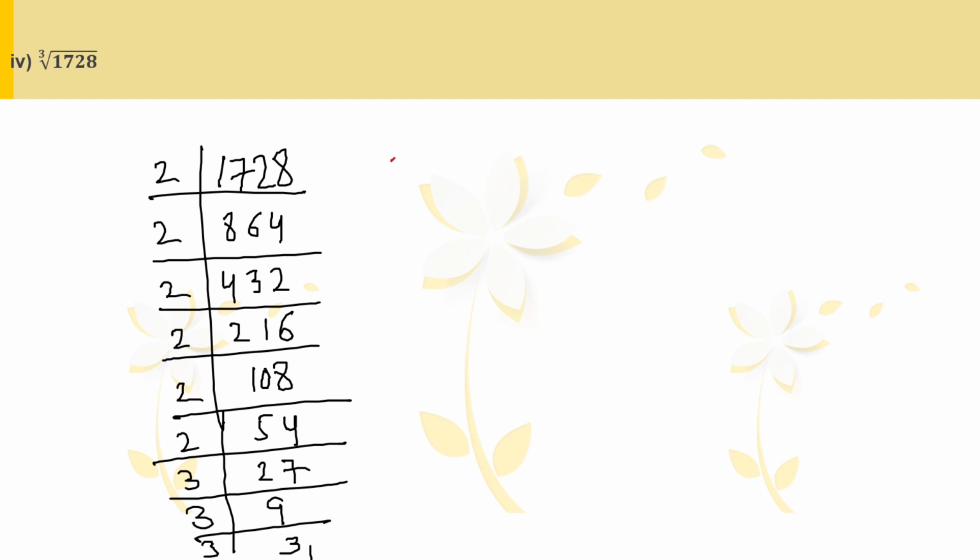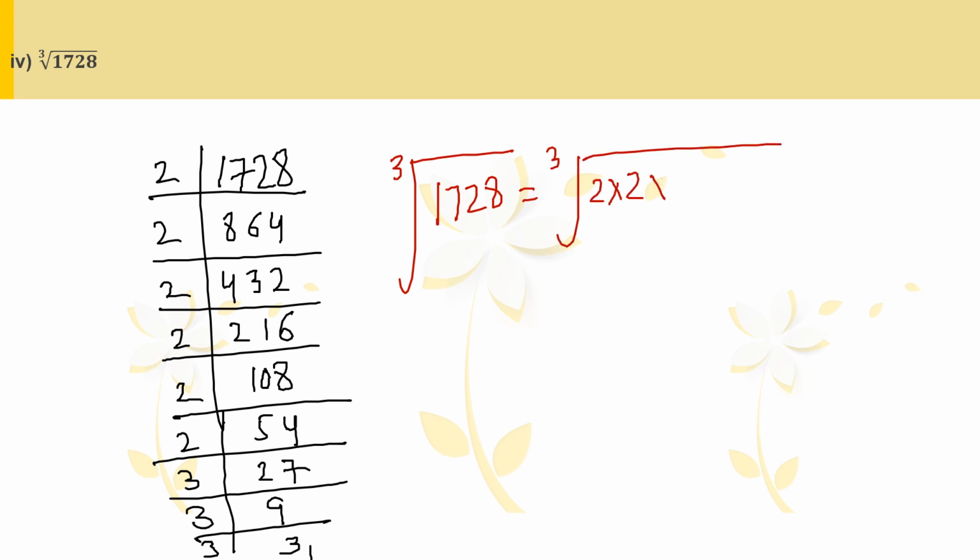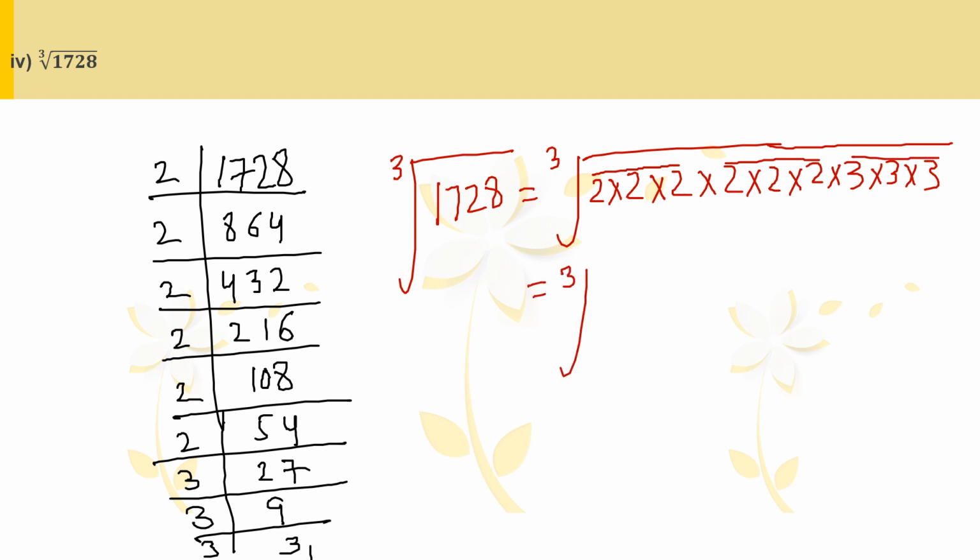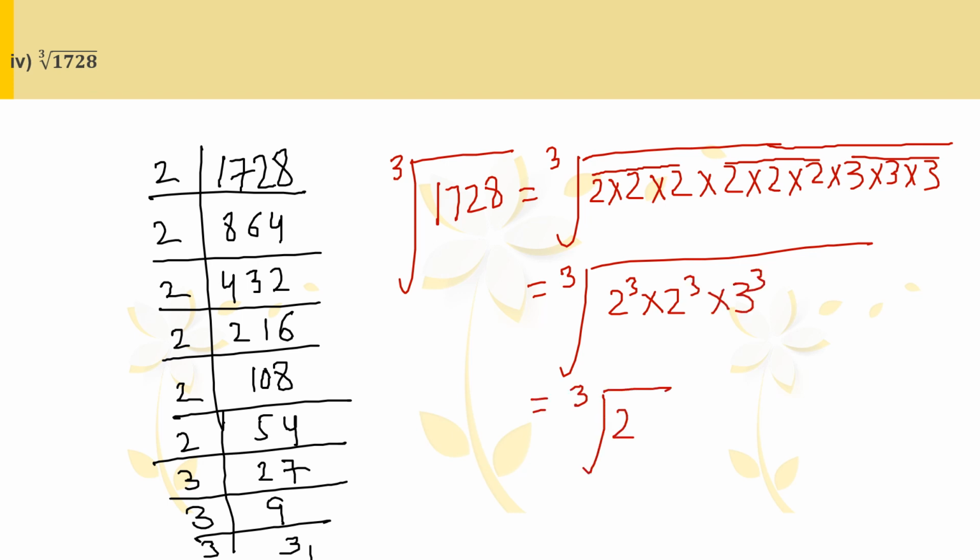And then you can write it as cube root of 1728 is equal to cube root of 2 multiplied by 2 multiplied by 2 multiplied by 2 multiplied by 2 multiplied by 2 multiplied by 3 multiplied by 3 multiplied by 3. You have to write all of the numbers and you have to make the combinations of 3, right? And then I will write it as cube root of 2 cube multiplied by 2 cube multiplied by 3 cube. Then I will separately apply root on each of these, cube root of 2 cube and cube root of 2 cube and cube root of 3 cube, and I will get